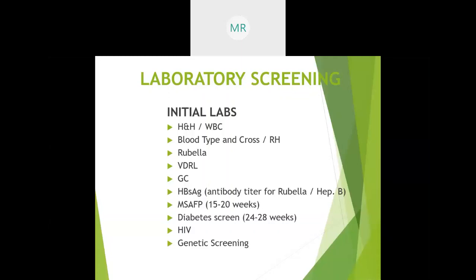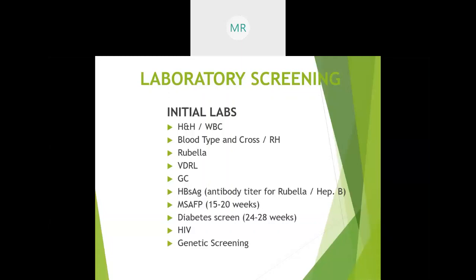So when there's a diabetic screen at 24 to 28 weeks, we do a 1-hour glucose tolerance test. And if that one is positive, then that's the only time that we do the 3-hour glucose tolerance test, because we want to see if mom at this point is positive for gestational diabetes or not. Then we can also test her for HIV